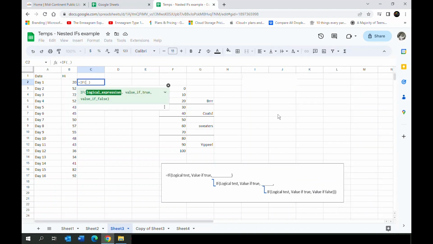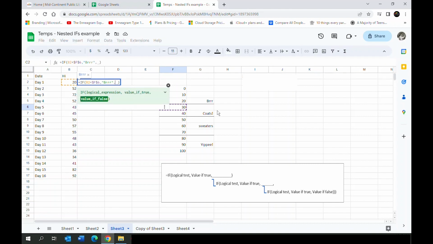the left select if. So my first logical expression is if B2 is less than, and we've changed this a little bit, so it's F6, but we know that we need to go in front of the F and press F4 to add in our dollar signs for the absolute reference, and then put in our comma according to the pattern, and then it says, okay, what is the value if true? Well, the value if true is and then I put in my comma,